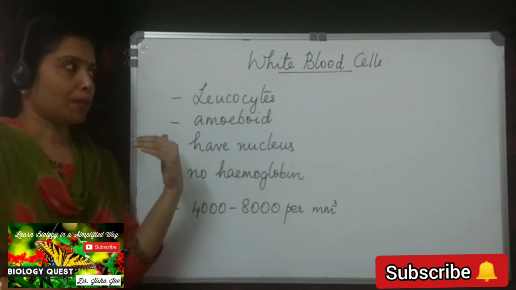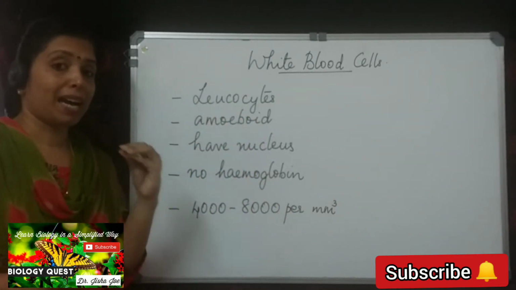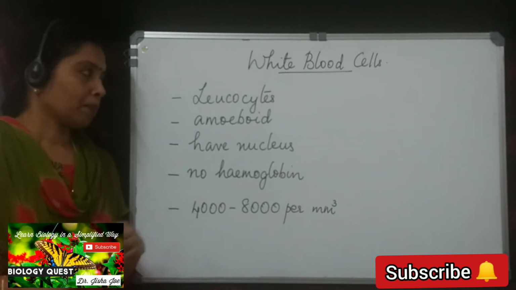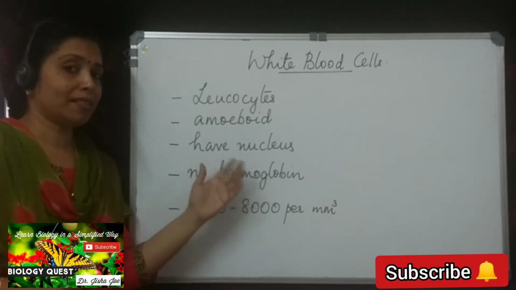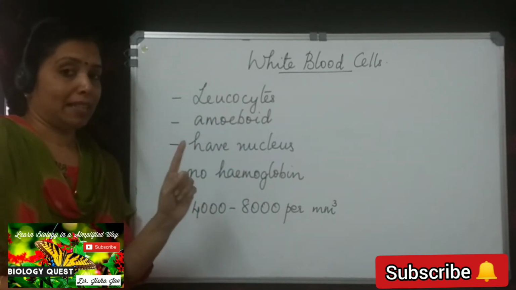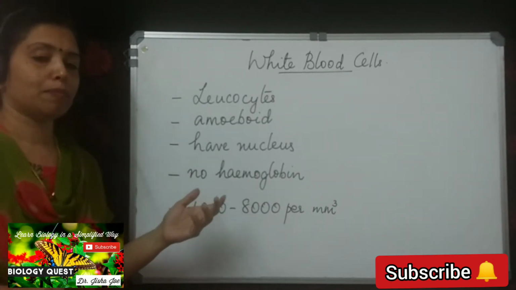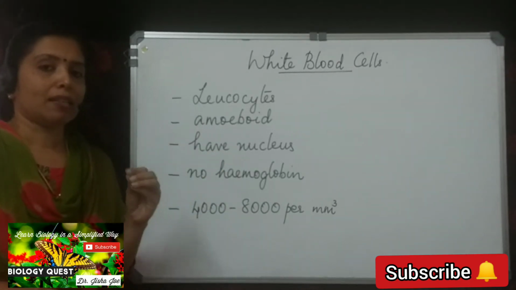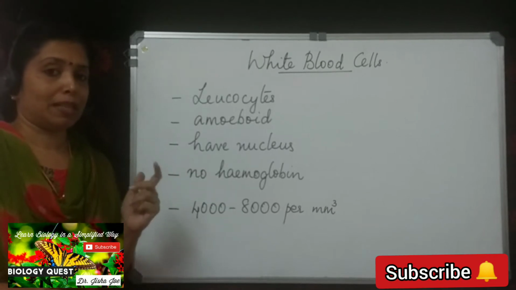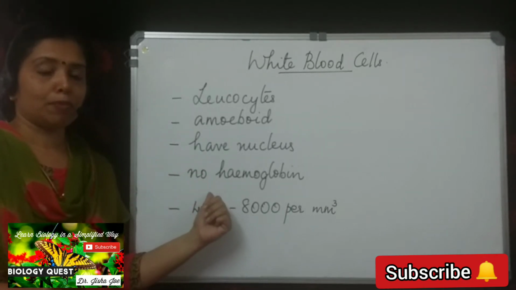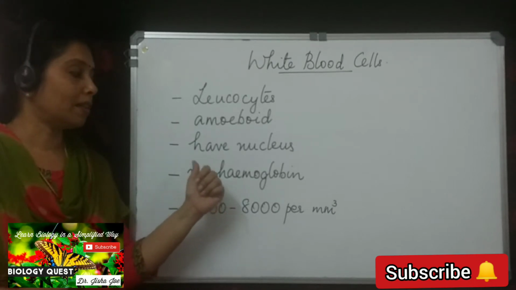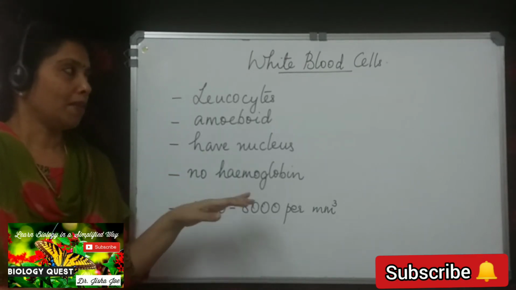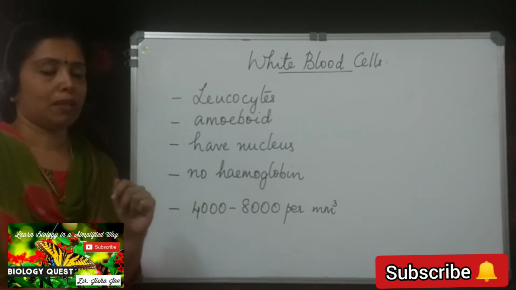When we compare the RBC with the WBC, we know RBCs are biconcave disc shaped, whereas the WBCs are amoeboid in shape. Here, WBCs have nucleus, but RBCs are enucleated. That means in the young stage they have the nucleus, but when they mature they lose their nucleus. And in the previous video we have seen why the RBCs lose their nucleus when they mature. Then another difference between the RBC and WBC is that in RBC we saw the respiratory pigment, which is the hemoglobin, is present, whereas in WBC no hemoglobin is present.